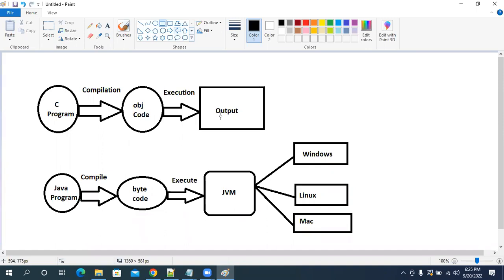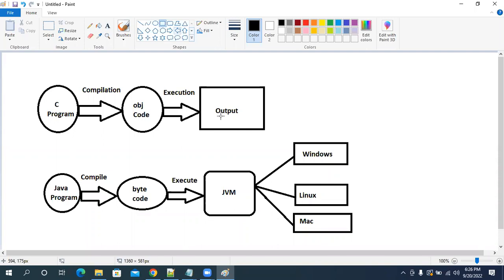In the year 1991, Sun Microsystems identified the problem. Computers understand only machine language, so whenever you develop an application, that application should be executable on any machine. Can people write code in binary for the computer to understand? No. So they provided JVM.